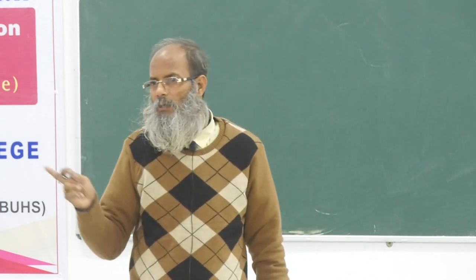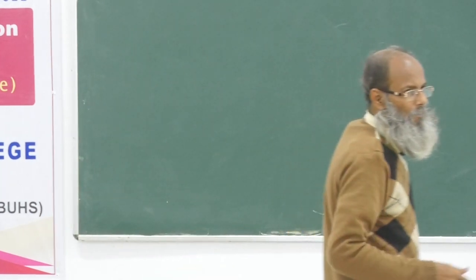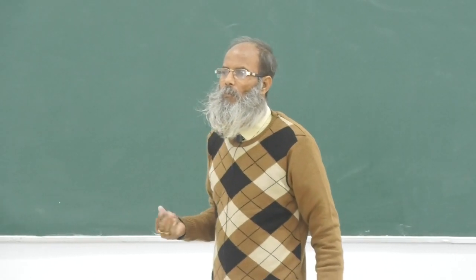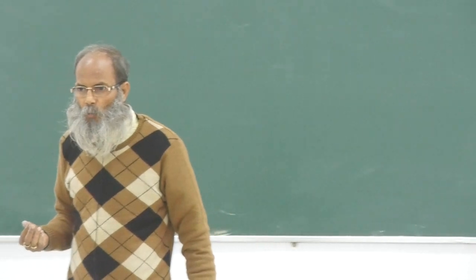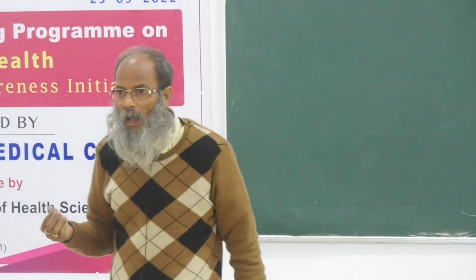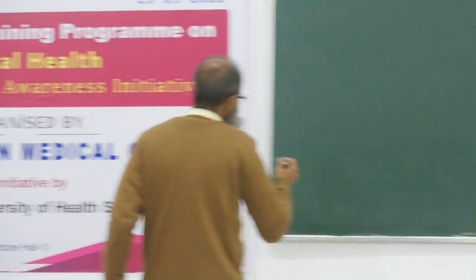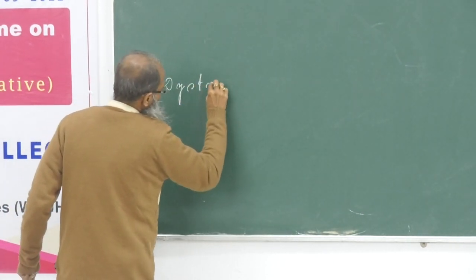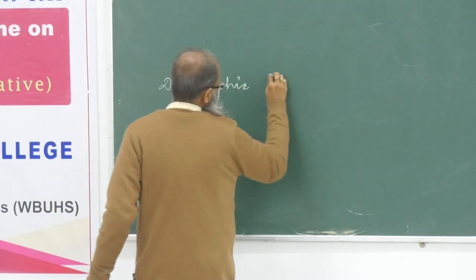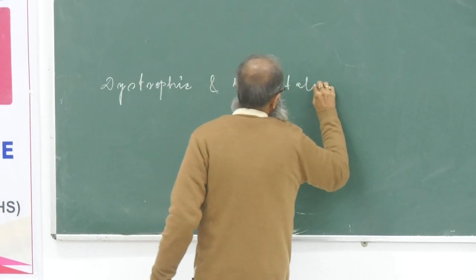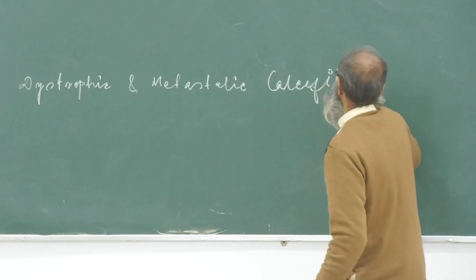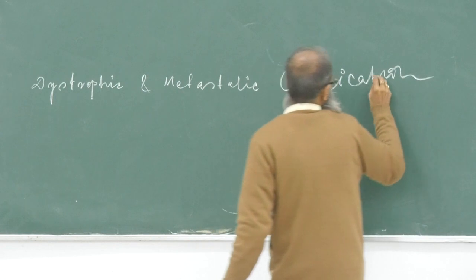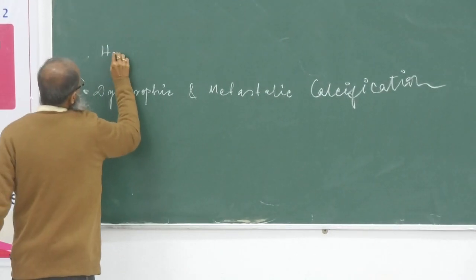and in relation to calcification there are two terms: dystrophic calcification and metastatic calcification. কোনটা আবার বলবো, হ্যাঁ, dystrophic and metastatic calcification. আর তার আগে যে টার্মটা বলেছিলাম সেটা বললাম কি? হেটেরোটপিক